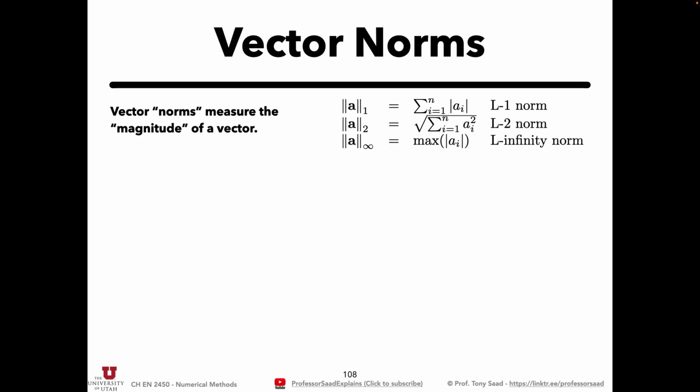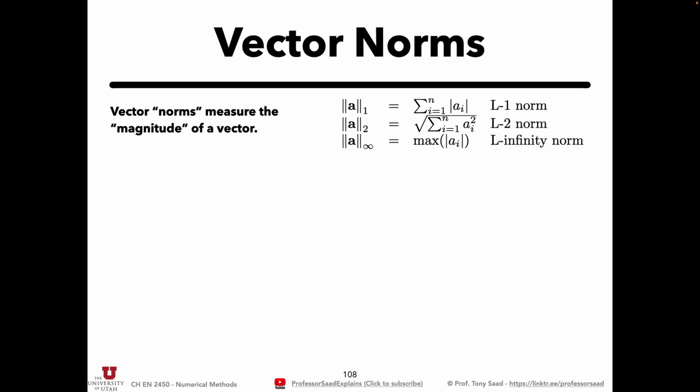You have the standard Pythagorean norm, which is the L2 norm, the second one here in the middle. That's called the L2 norm. That's when you have a square or a rectangle and you want to measure the diagonal. You say the length of the diagonal squared is equal to a